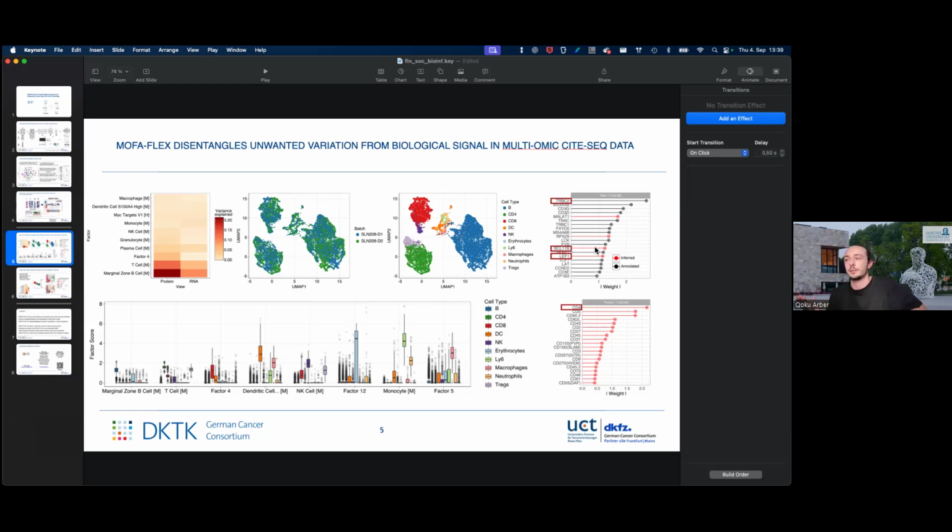Because the method is a Bayesian method, all this serves as a prior distribution of your expectation, of your belief. And then based on the data, so the likelihood of the data, it will shape your prior context into your posterior context. And this is what you see here. If there's enough evidence from the data that the prior annotations are not correct, then you will see it from the model. So the model will communicate to you if your prior context is suitable or not for your data.